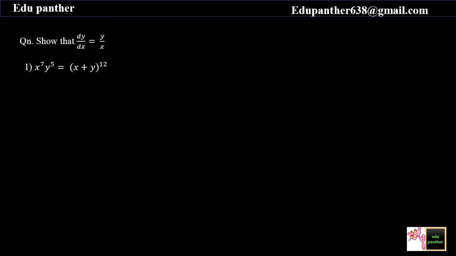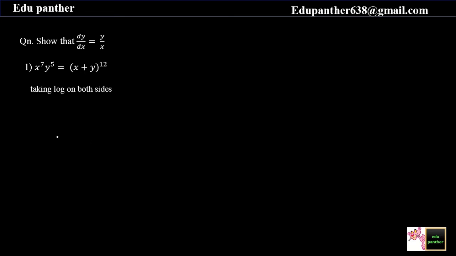Yes, we can start with differentiation, but as we observe the structure of this function, we can see the powers of x and y give 12, as in if we add them we get 12. For such a question, where we have some product, indices, some complicated function, in our lecture on the use of logarithmic function, in such cases we have to apply logarithm on both sides, so that will simplify our function. So instead of starting with differentiation, first we'll take the logarithm. So we'll take log on both sides. Now see, in this log I have not mentioned the base, so by default the base is e here.